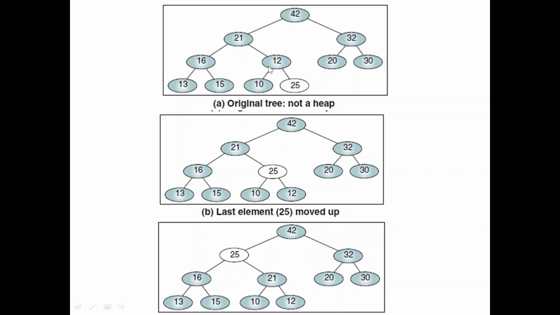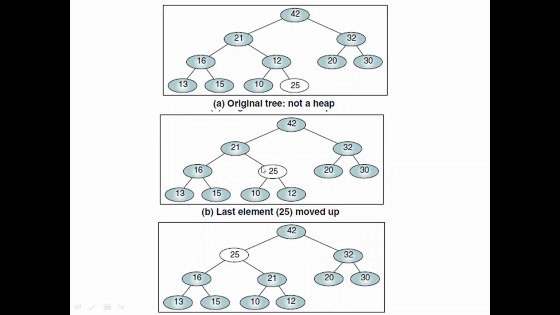So we have to do the necessary change, and that change is nothing but swapping. We just have to swap the values of the child and the parent. So it becomes like this. But we should not end this process with this single swap. We will have to recursively do the same comparison and the swapping whenever it is required. So until this node reaches its appropriate position, this process has to be continued.